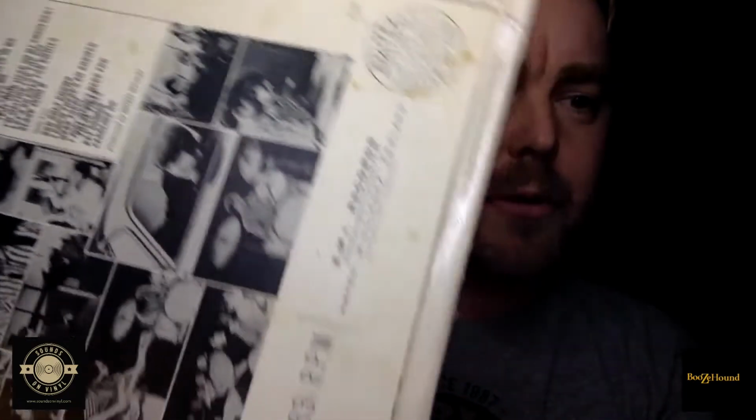Good. Nice. Now, another thing I'm going to show you. We're into cover types here. This is a Pet Sounds Beach Boys album. A Danish pressing, by the way, but that's not the point of showing this. The cover was made in America, shipped to Denmark and packaged along with the vinyl pressed here. But if you look closely here, you'll see a kind of a flip edge around the whole record here, and